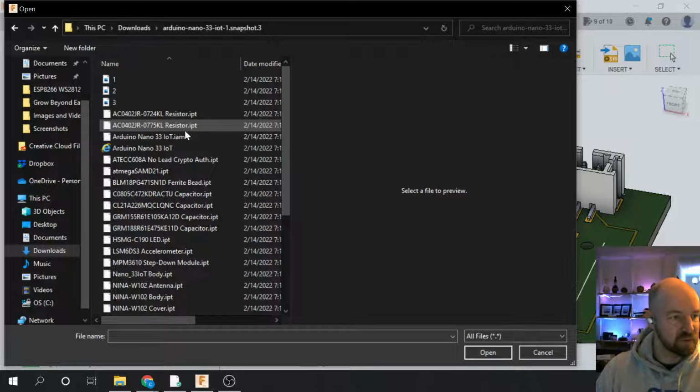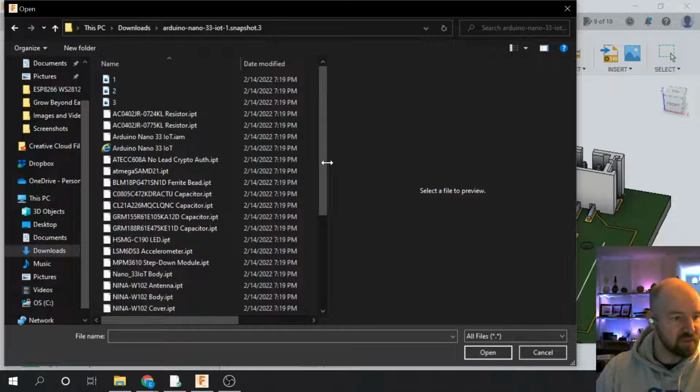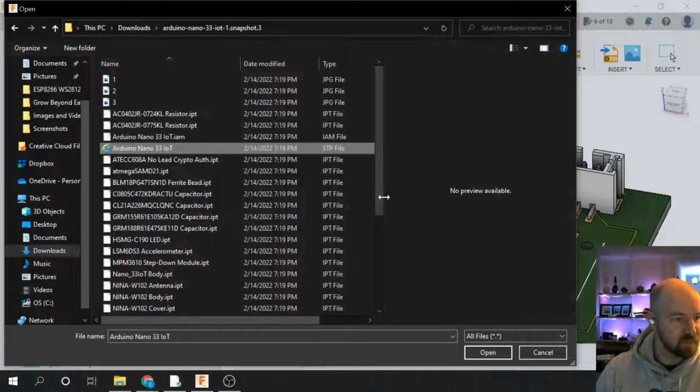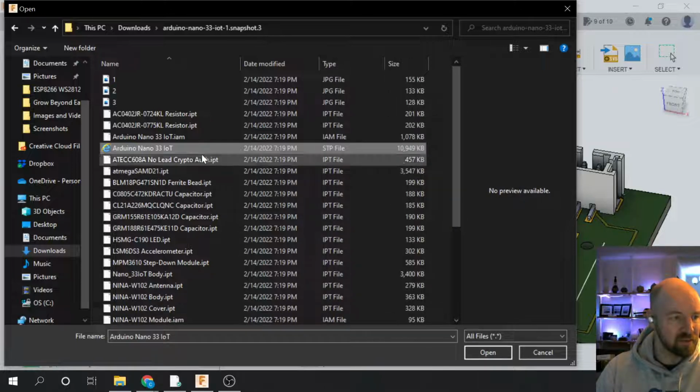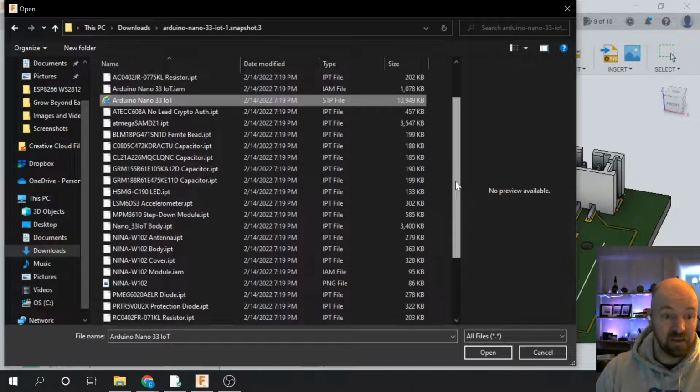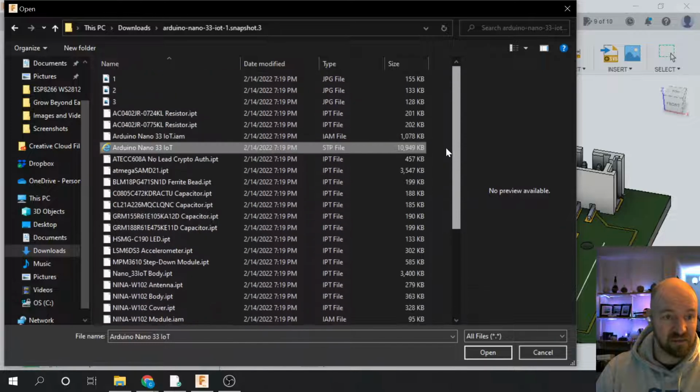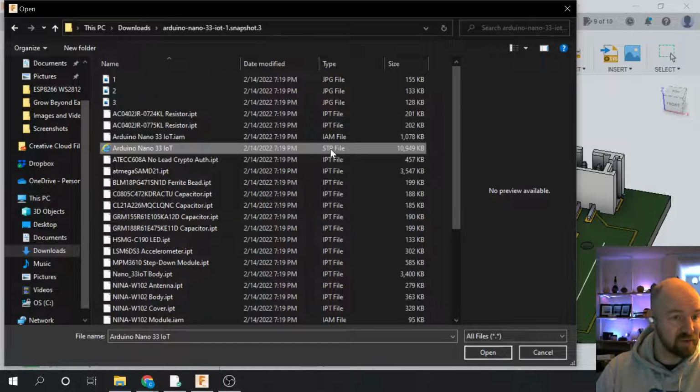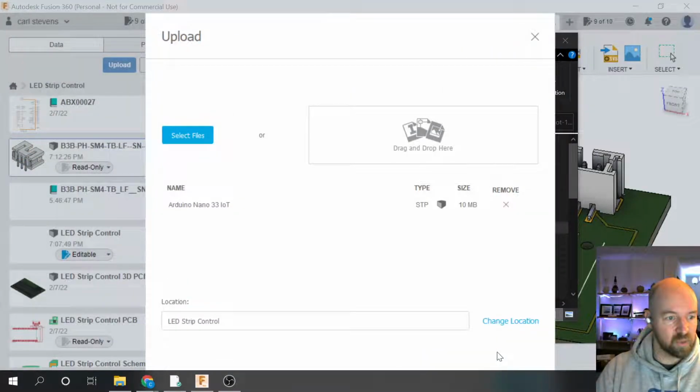It's in this folder, and I believe the one we want is this one right here, which for me is labeling with a weird Internet Explorer logo on it. But it's the largest file. Yeah, it's definitely the largest file, and it's also an STP file, which I'm pretty sure is a modified step file. So if I say open,